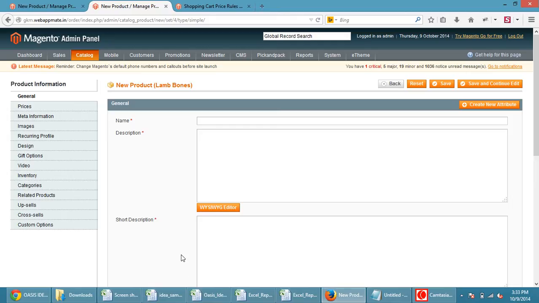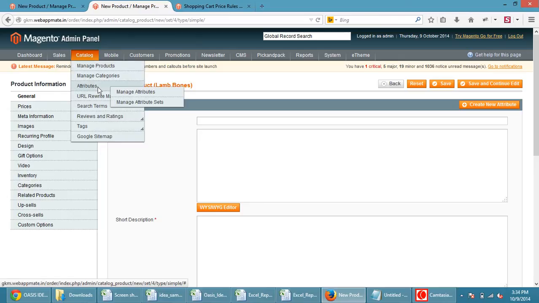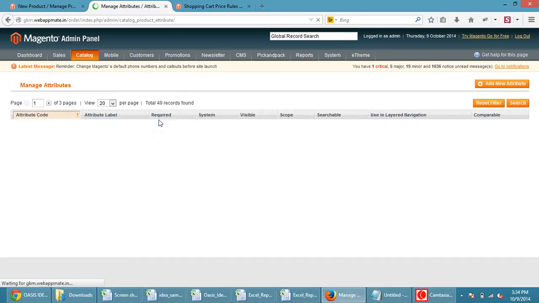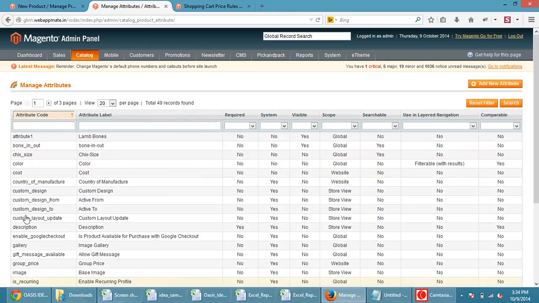Now comes how we can create the attributes for this product. For adding a new attribute, just mouse over on catalog, click on attributes, and then click on manage attributes. From there you can add a new attribute.